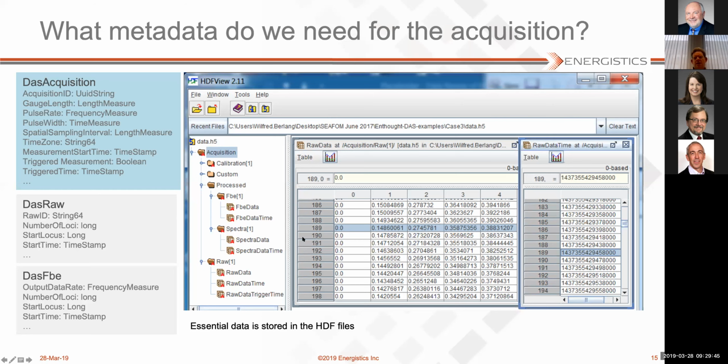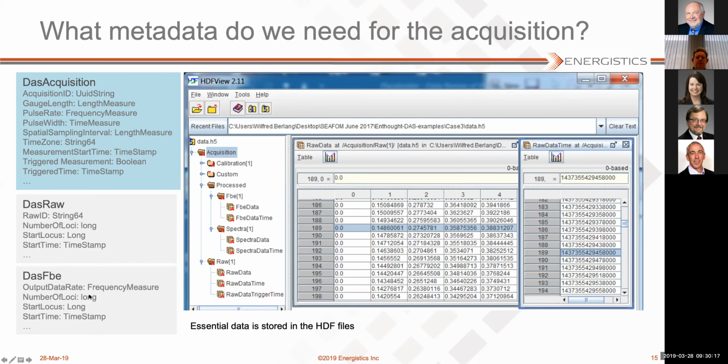And then, for each of the subnodes, there are also attributes like, for example, the number of measurements. We call that loci. So if you take 1,000 samples along the fiber, then the number of loci would be 1,000. You don't necessarily have to start at the interrogator itself, but you could start storing the data for the measurement somewhere deeper in the well. So then you also define a start locus that's non-zero.